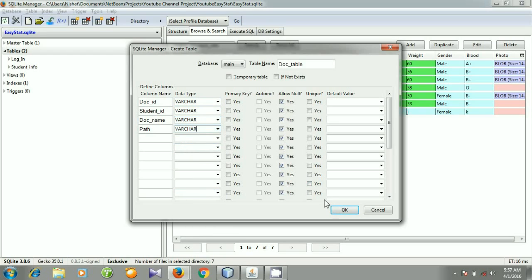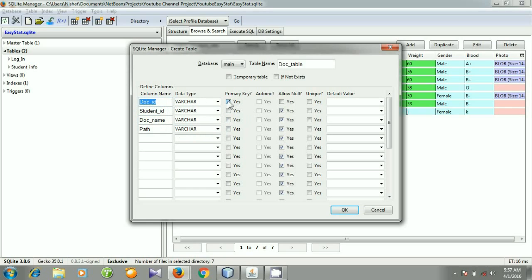Here, document ID I am going to make primary key, because the document ID will be different for different documents, so I am going to make it primary key.